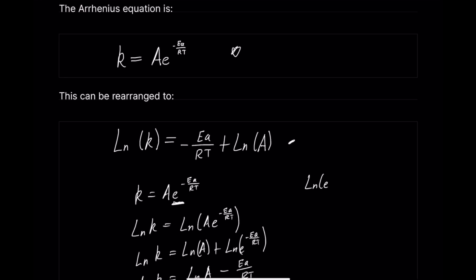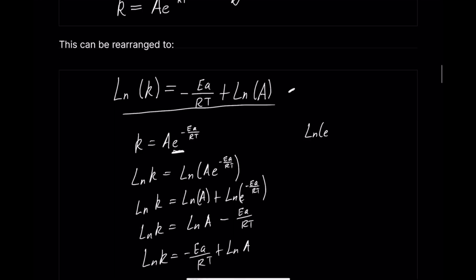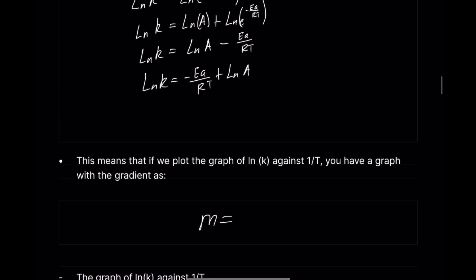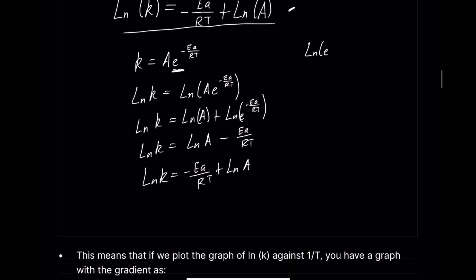The reason why this equation is so useful is what I'm going to go on to next. This means that if we plot the graph I said I was going to talk about before, the Arrhenius plot, the graph of ln k against 1 over T, you can have a graph with a gradient of Ea, because I can actually represent this as